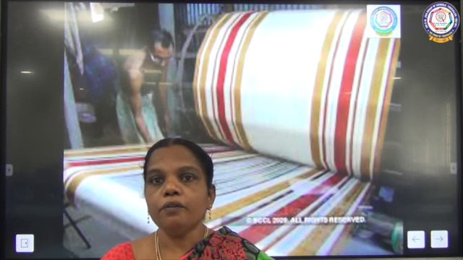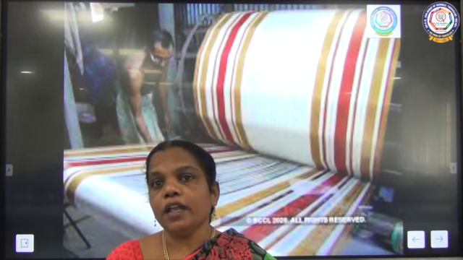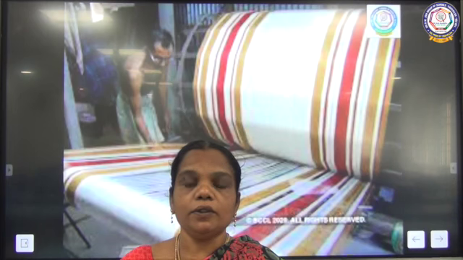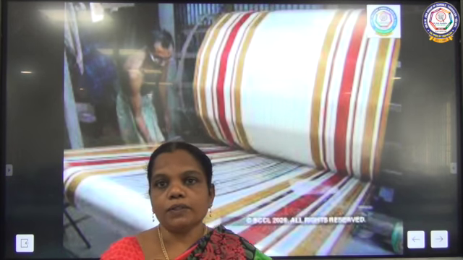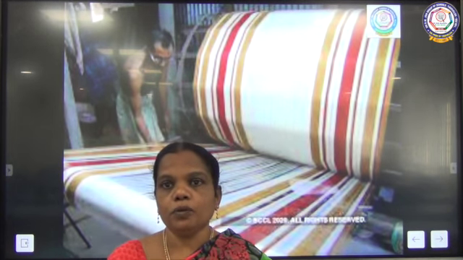So what type of fiber is wool? Animal fiber, or it is classified as natural fiber, because the natural things are plants and animals. So we are going to get the fiber from animals. So this is one of the natural fibers. So these are all about the various processes of making fabrics from wool. Thank you.